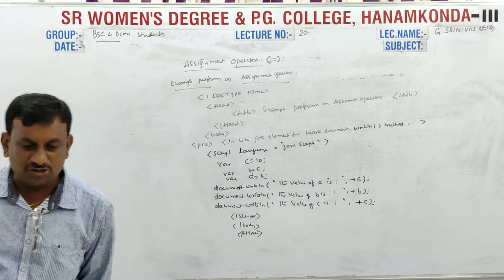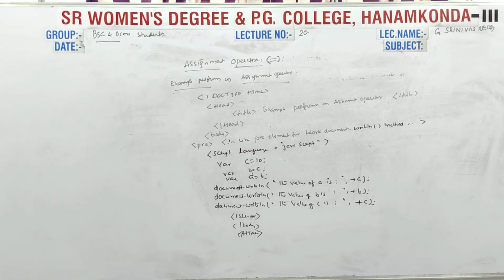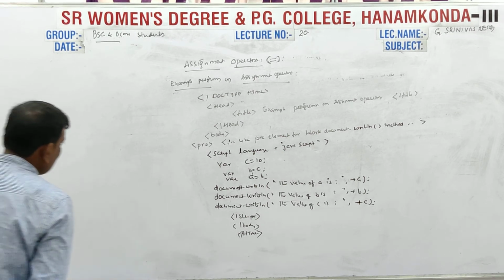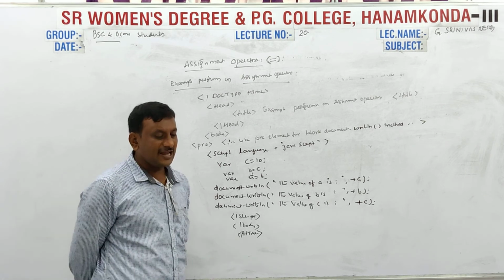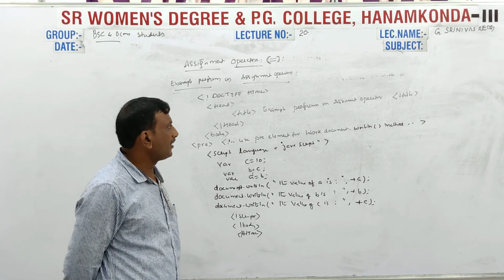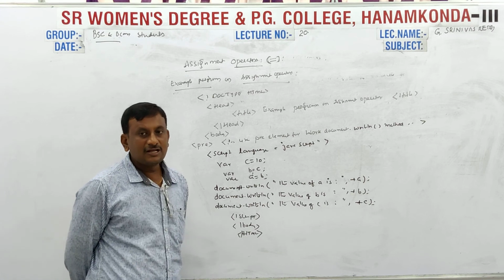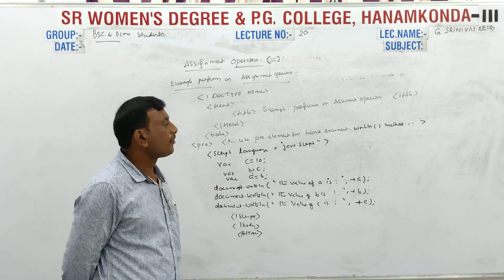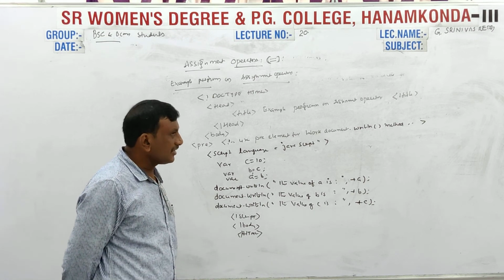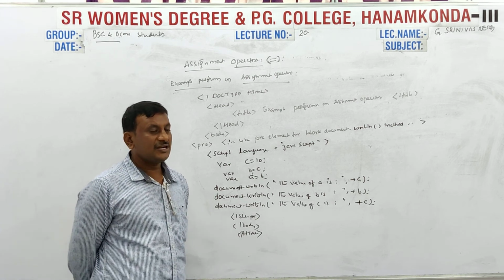What are the operators in JavaScript? What are operators and what are operands? How are operators defined? An operator is a symbol that instructs the compiler to act depending on the operands. That is known as an operator. What is an expression? An expression is the combination of operators as well as operands.